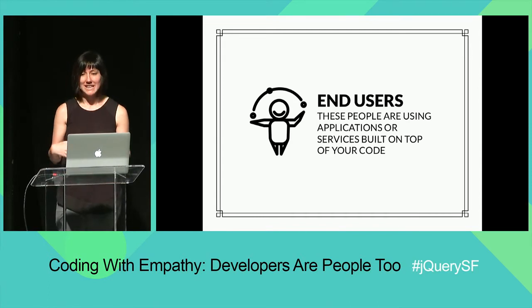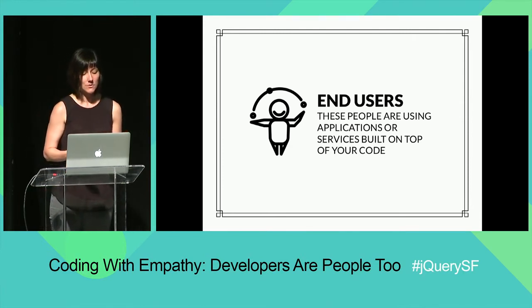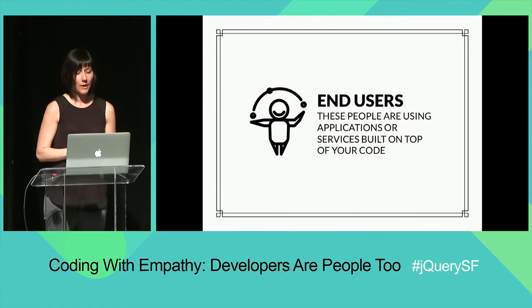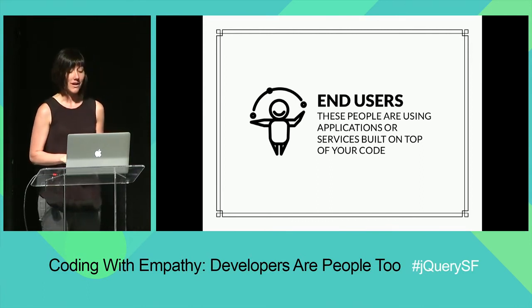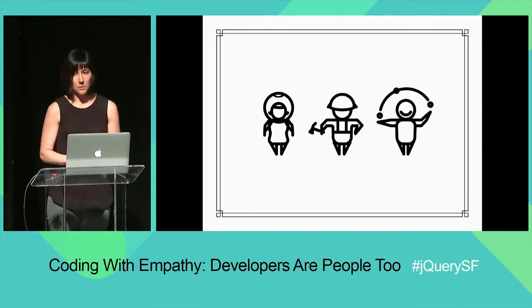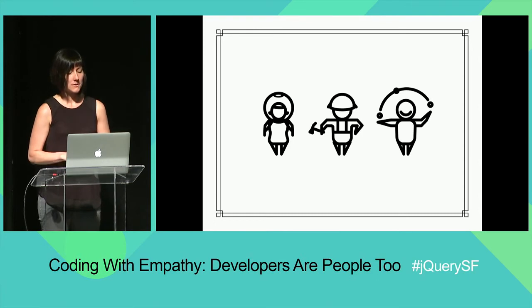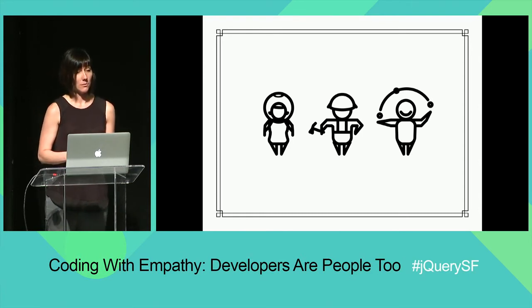I won't get into fully addressing it here, but with this group of users, we also need to start thinking about how to provide full accessibility and empathetic user interfaces for these people. And it's also worth mentioning that the code you write here could be helping or hindering the ease of implementation of those specific features. So at this point, we know what empathy is, and we've identified some groups of people that we should be empathizing with when we write our code.